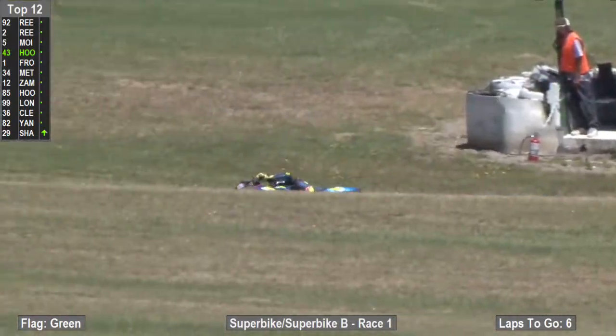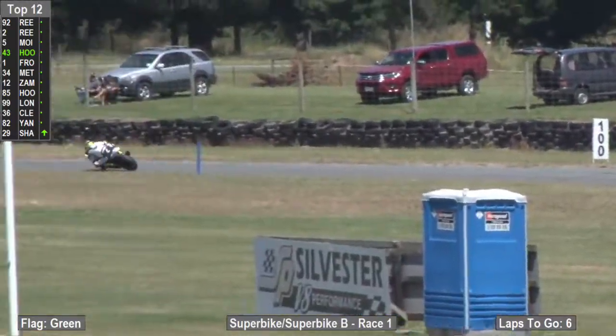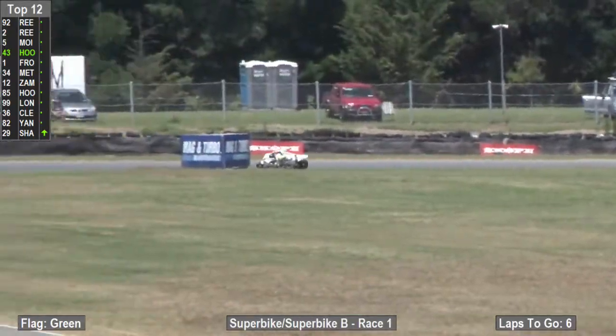I think Scotty Moyer's getting pushed along by Al Hoogie for 3rd and 4th, and then Sloane Frost. He's slowly making that gap a little bit smaller than it has been in the moto. So watch out for Sloane Frost and Dan Medham on the Suzuki New Zealand entries coming for this 4-way battle